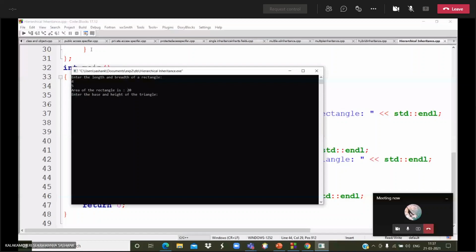Operator overloading means, as before we can reuse functions, we can also reuse operators.